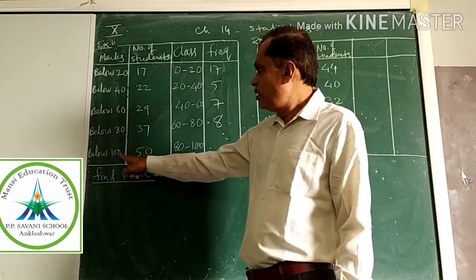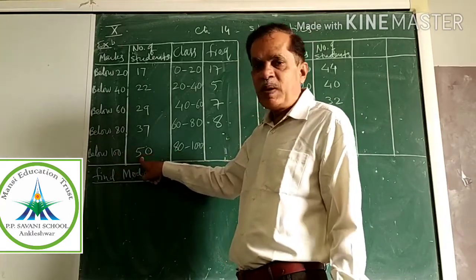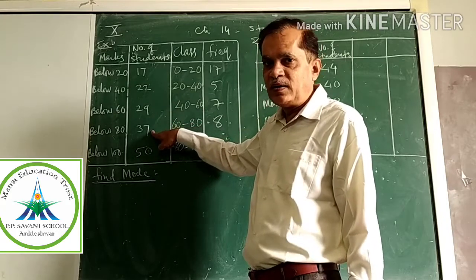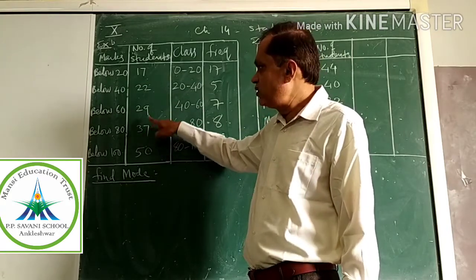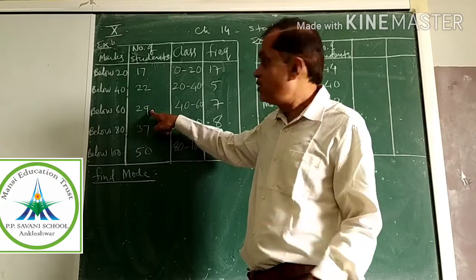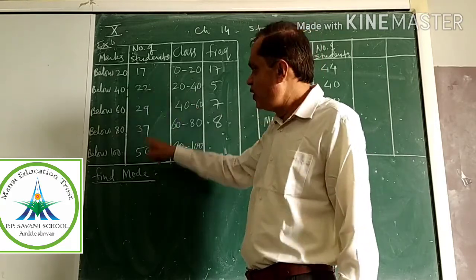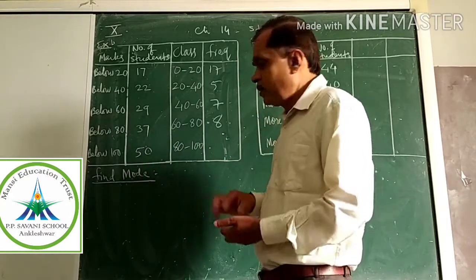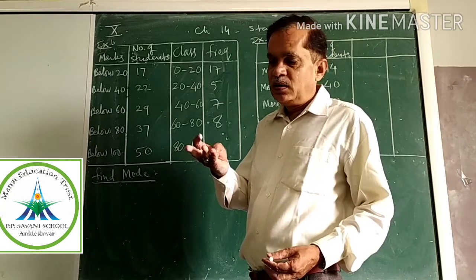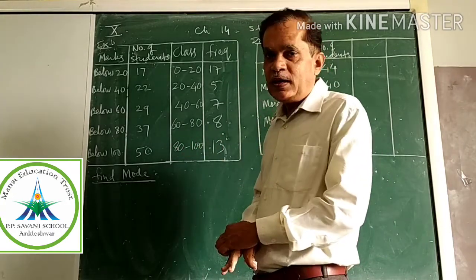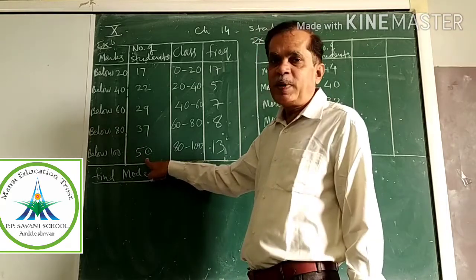Okay, now see, below 100 is 50. So this 50 includes all of 37. 37 includes 29. 29 includes, means contains, 22. Yes? So below 100 is 50 minus 37. So 37, 38, 39, 40, then 10, so 13. Okay, so below 100 the total is 50.